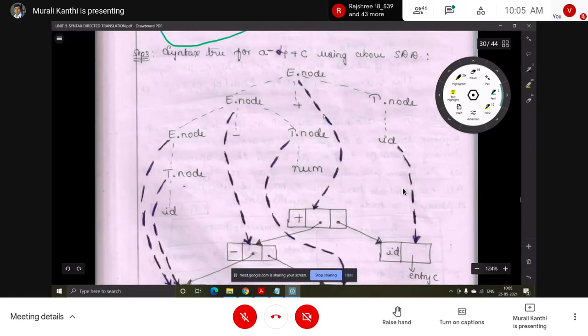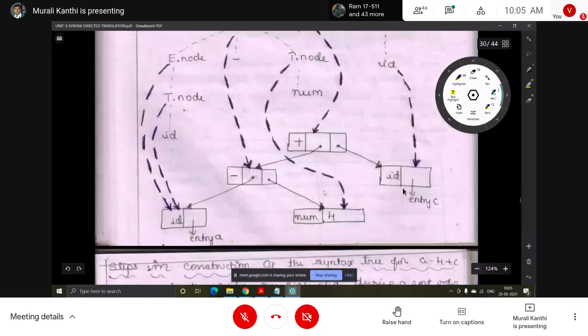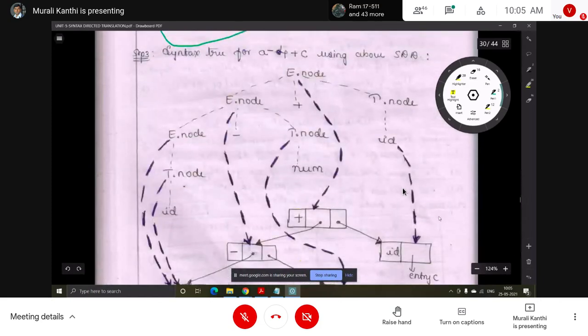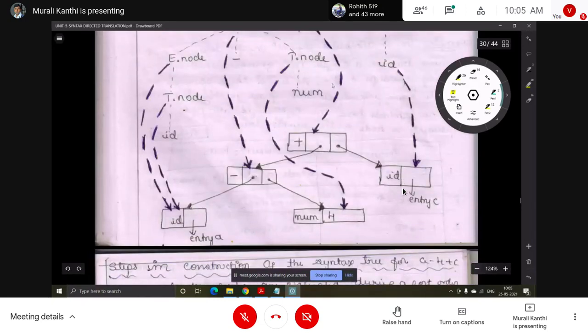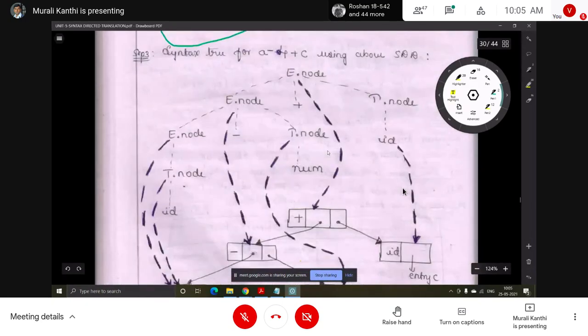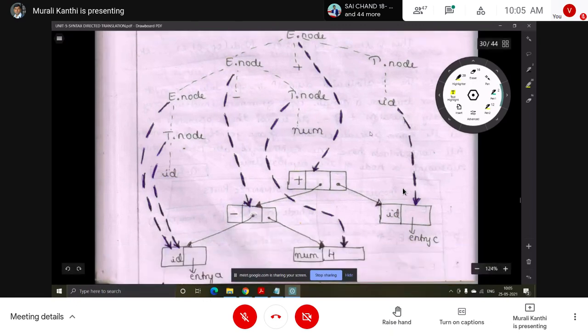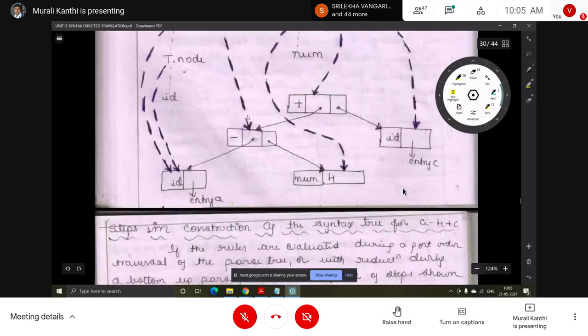Next, with this, a place node is created, and with this an id leaf node is created. So this is the syntax tree representation using this syntax directed definition or translation. Next, the dependency graph is also shown. This is one example.